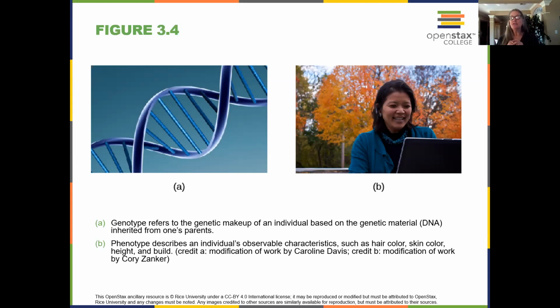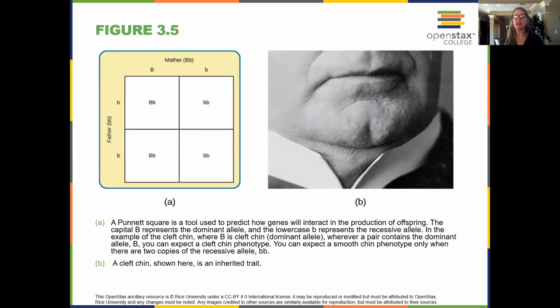So if you have even one of the dominant genes, then that is what you will look like. So if you even have one dominant gene for brown eyes, then you're going to have brown eyes, okay? So your genotype is the genes you actually have. The phenotype is what you're going to look like, what we're going to be able to observe when we look at you. So one of the examples that they give in the book is the cleft chin,